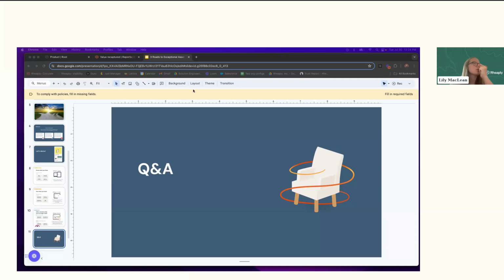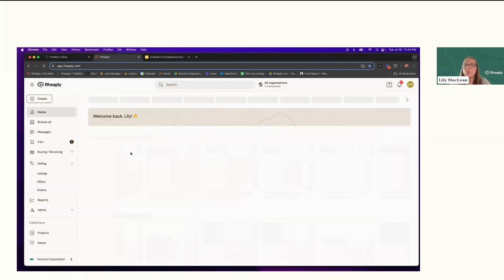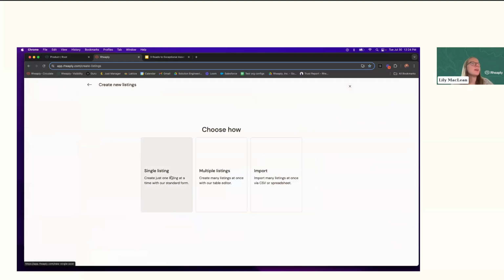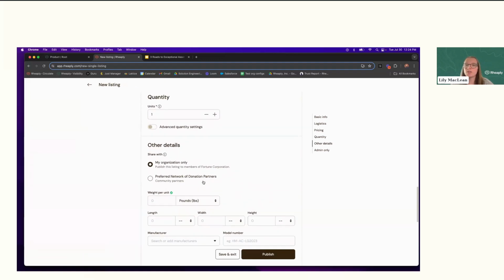Yeah, that's a great question. So, the way that groups are set up in the Rheaply tool is meant to be a curated group to the organizations that we work with. We call them sharing groups, but it's basically what you can think of as the networks that you send assets to. So ultimately, organizations that we work with have full autonomy and full ability to tell us as Rheaply who should or should not be a part of their sharing groups.